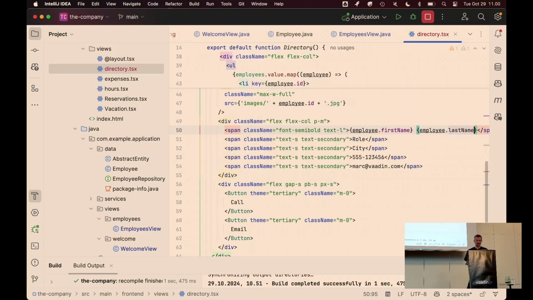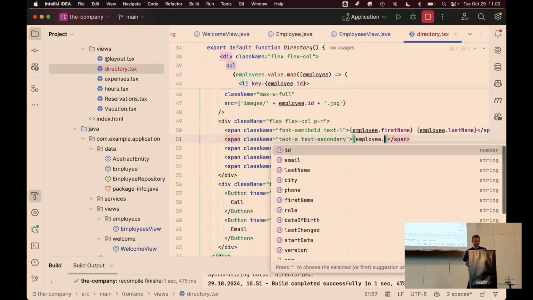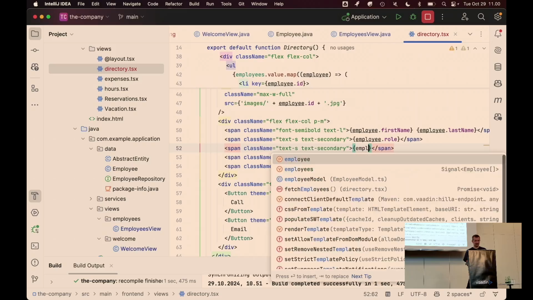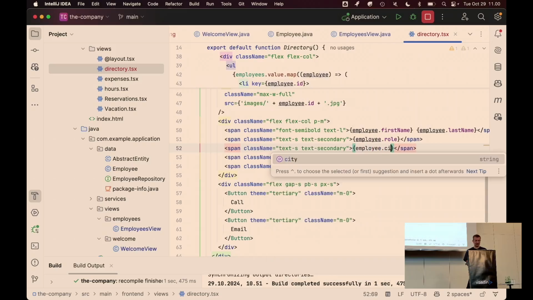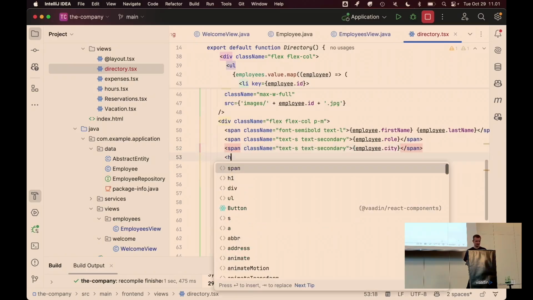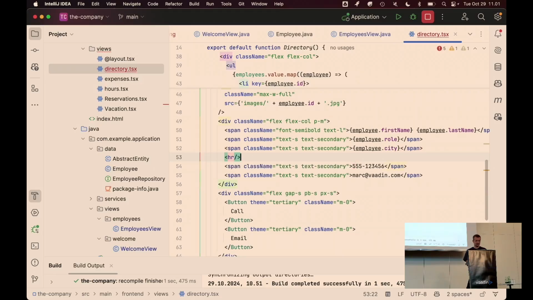Last name. Yeah, I usually don't live code. I'm no Josh Long, so bear with me here. Yes, role. We were planning to make a city here. We can see in a minute how it actually pans out, and if we are pleased. Maybe we add an HR here to divide. Then we have our